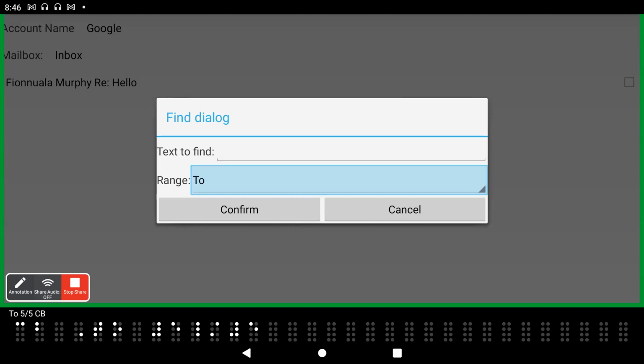Okay, so in summary, the email application is very useful. It's very flexible. It's gotten better, for example, to be able to open an attachment within an email. It won't quite have all the functionality of an email app that you might find on your mobile device. And if students want to be notified when emails come in automatically, there are other ways that can be done, using something like the Gmail app to give the notifications, and then the BrailleSense 6 email app can be used